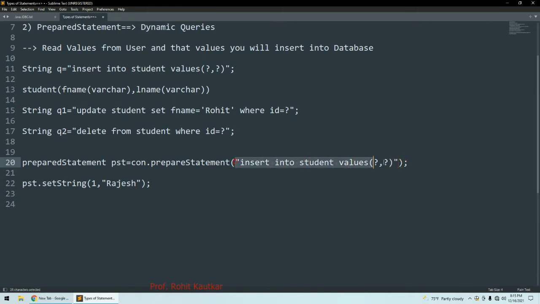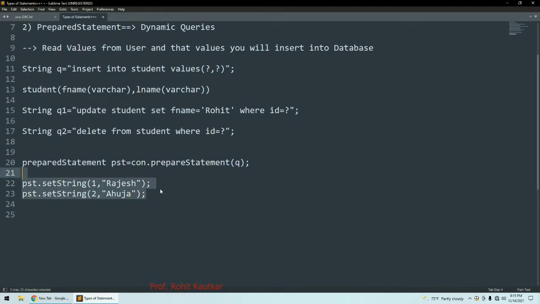Or what you can do, you can pass your query variable q like this, it will also be okay. Now second parameter also you need to set, so I will duplicate this line like this, and here I will write second parameter, and what value I want to last name, I want last name value as Ahuja, for example.